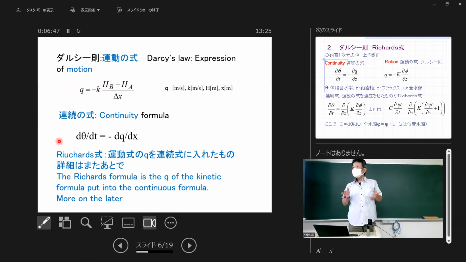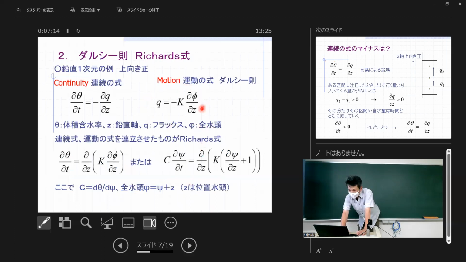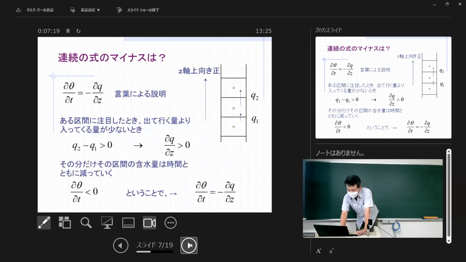But surely this is a little bit confusing; you can understand it little by little. It's okay. まあ、ちょっとずつ分かればいいので、とりあえずこういった運動の式があって、連続の式があって、その合わせたのがリチャーズ式だよということで OK です。